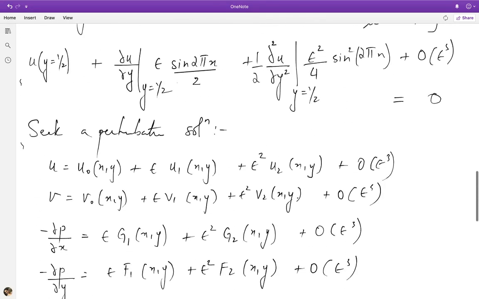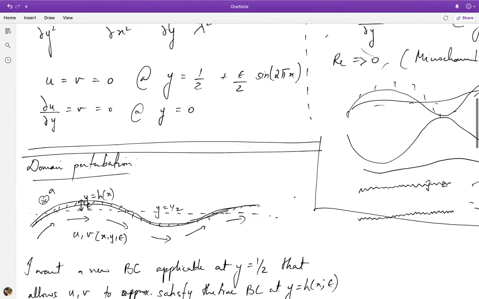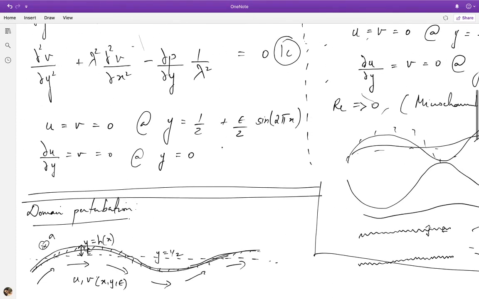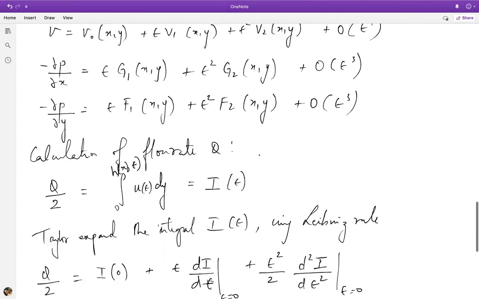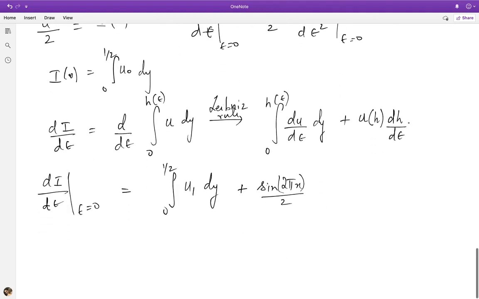Right, let's go back to the expression for h. So this is h of x. So d by d epsilon is just sine 2πx by 2, and you have no higher order derivatives. And now u of h, if you had again taken a power series expansion here, is u naught plus epsilon u1 and so on. But when epsilon is 0, you will just get u naught evaluated at, again,